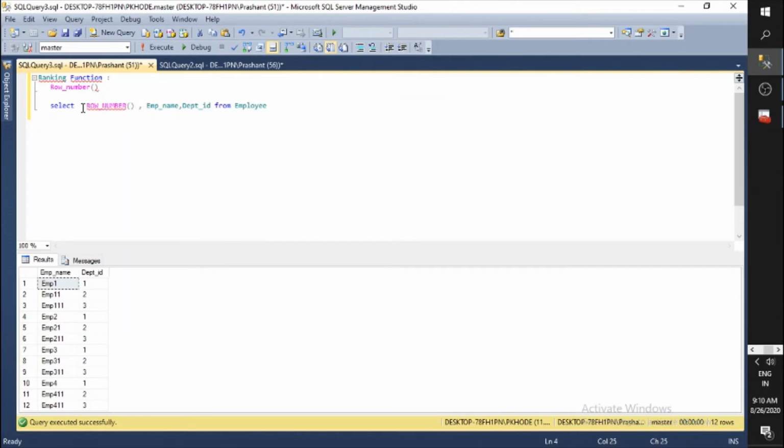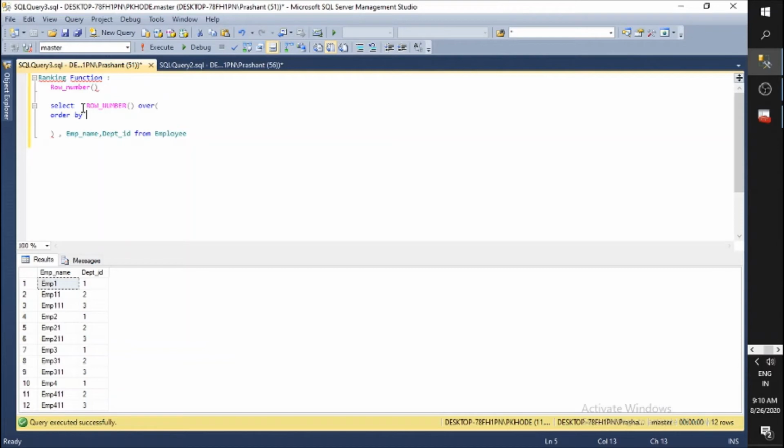So you need to use a function named row number, and along with row number we need to use OVER, and inside the OVER we need to use the ORDER BY clause. This is mandatory. The ORDER BY clause specifies the sorting of the data.